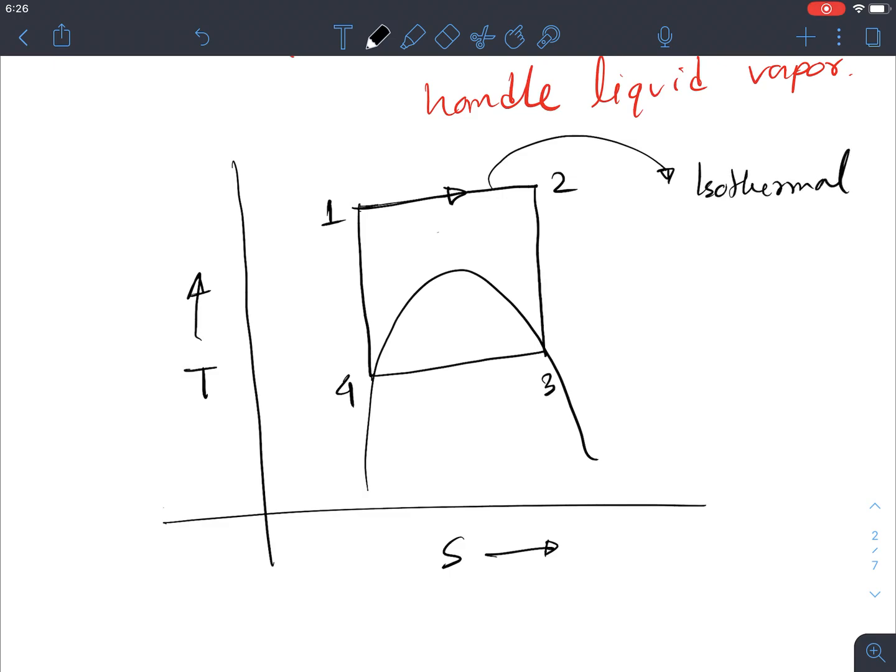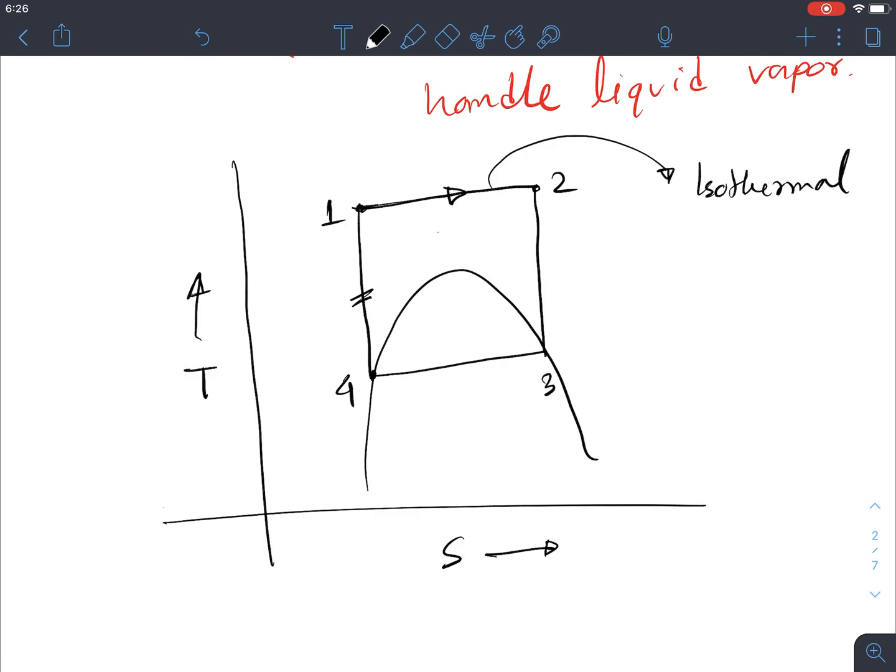Which is very difficult to achieve in the boiler setup arrangement, or any kind of heat exchanger devices. Another important impracticality still remains: this isentropic compression,